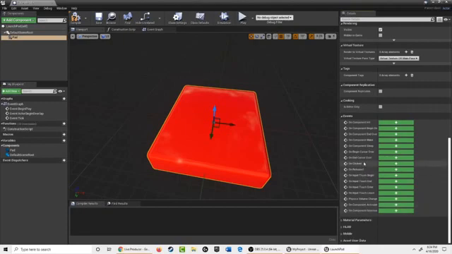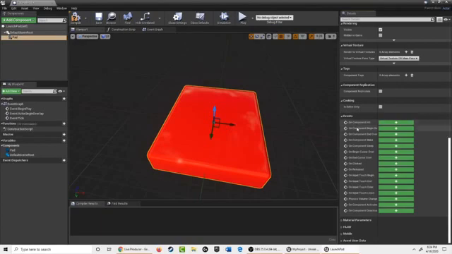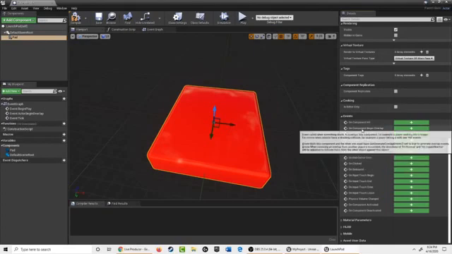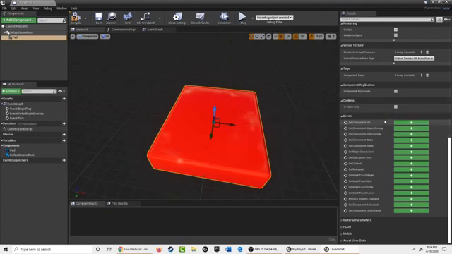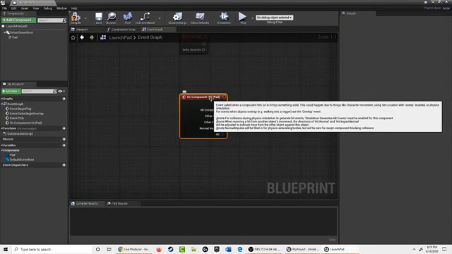Whether or not it's been clicked, such as with a mouse, whether or not you have another object overlapping it, so it says begin overlap here, or end overlap, meaning that we're not overlapping it anymore. I've often found that on component hit usually works pretty well in this instance, so I'm going to click the plus button next to that. It's going to take me back to the event graph, and now it says on component hit,